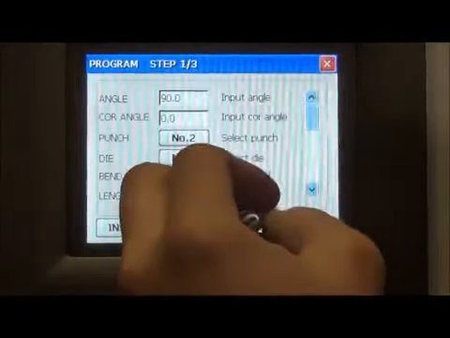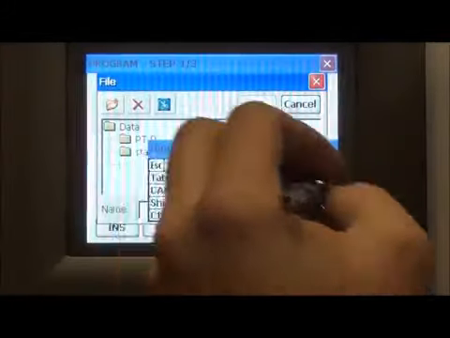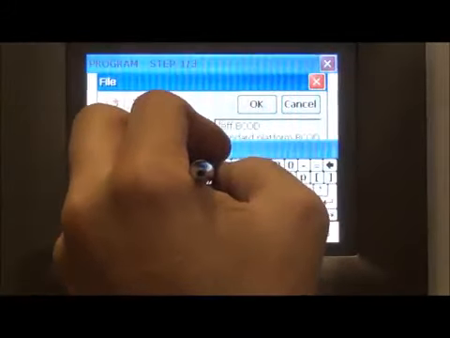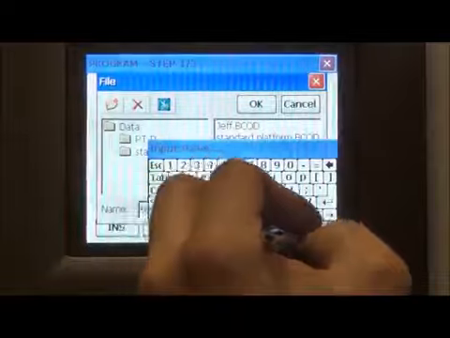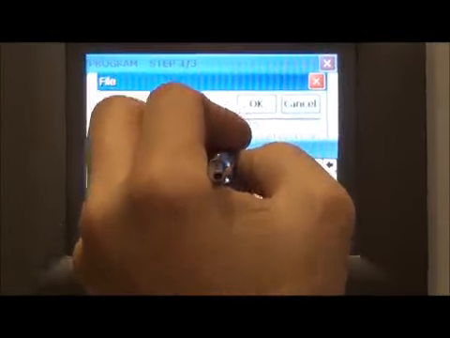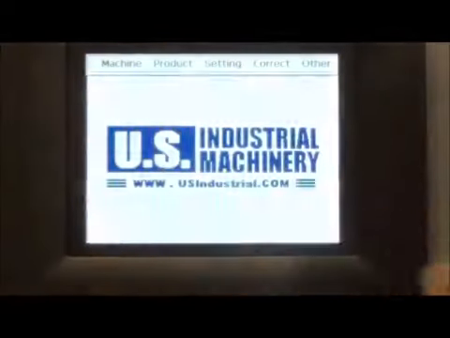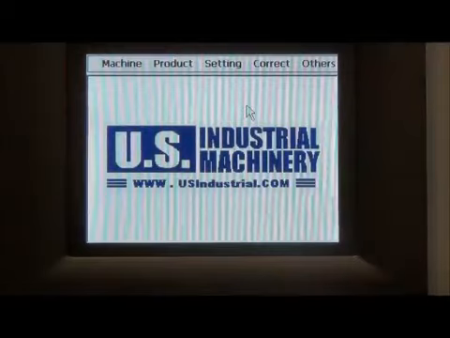Everything looks good, so we'll go back and we'll save that program. Come into here, we'll just name it something. And then we'll hit OK. Now we want to actually make that